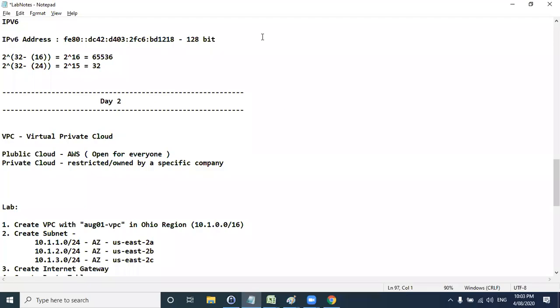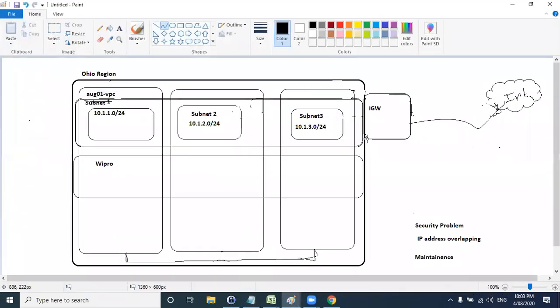Okay, let's get started for day 3. Yesterday we discussed what a VPC is, how we create a VPC and what the VPC architecture is, how we create subnets, then how we create an internet gateway, then how we partition the subnets, and then creating route tables and creating sample security groups. So this we have seen.